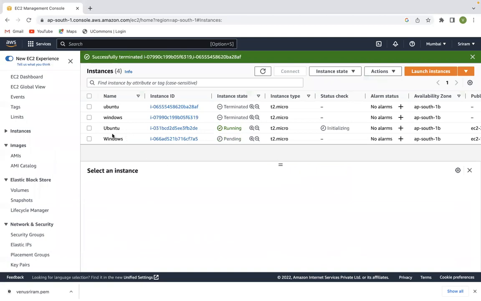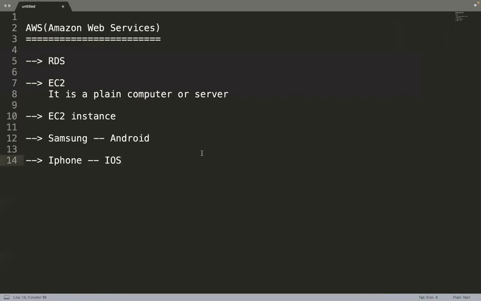Coming here, see, Ubuntu has been launched successfully and it is running now. As I already told you, an instance is nothing but